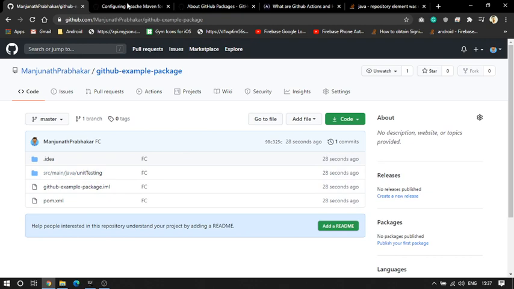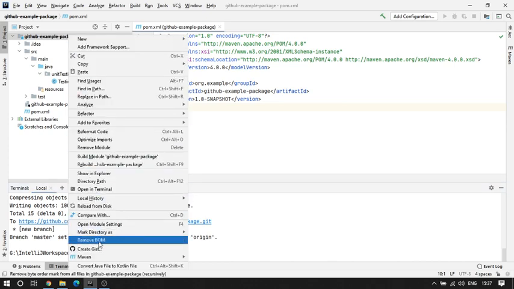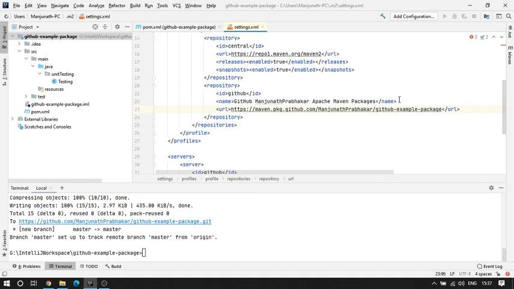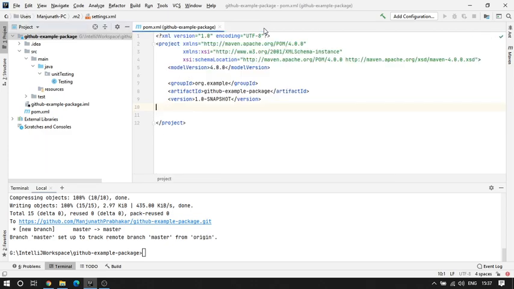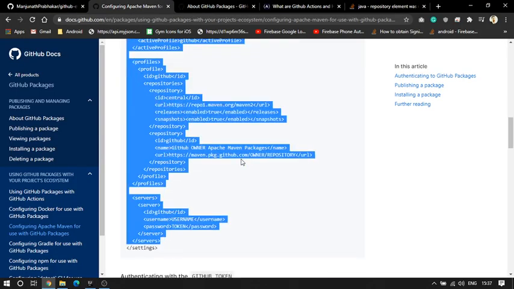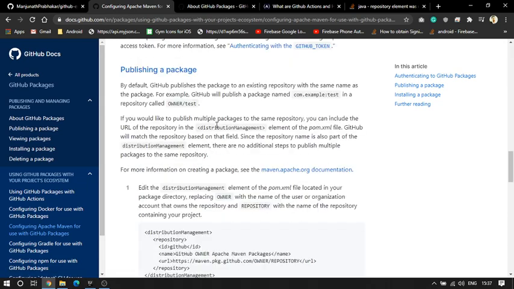If you observe, when we did the settings.xml, we added the same repository name. This is the name I was talking about, which we just created. So I've added the same name there as well. I'll close this and go back to the file here. So we are done with this. We created a GitHub token. Now, publishing the package.